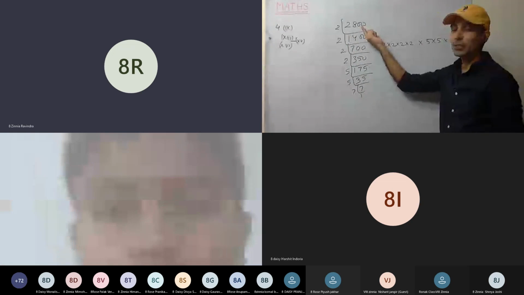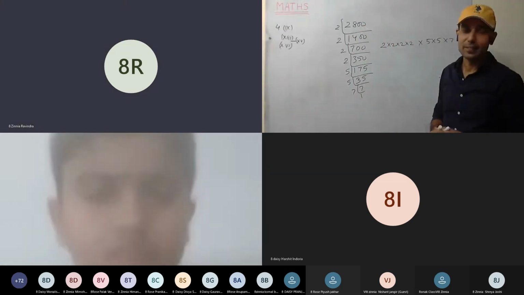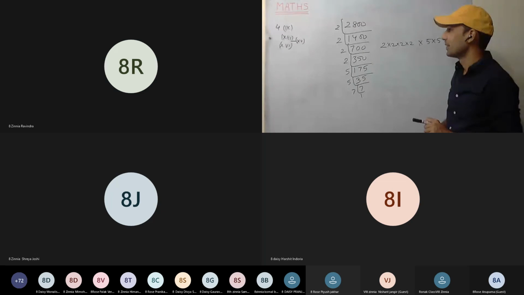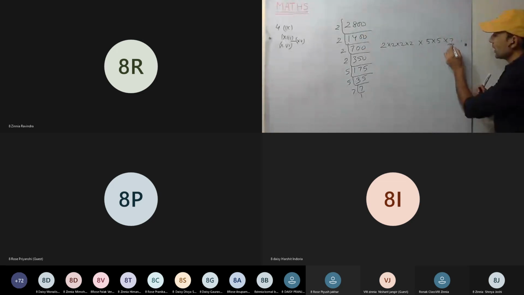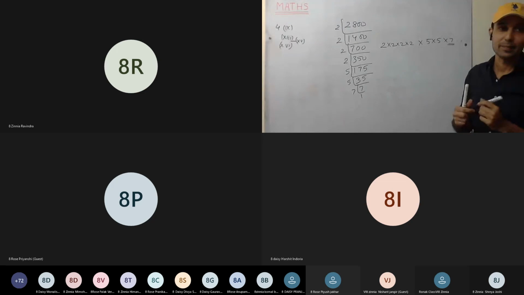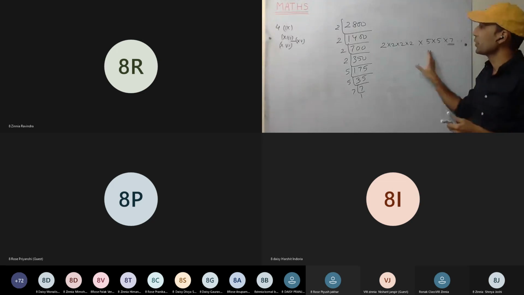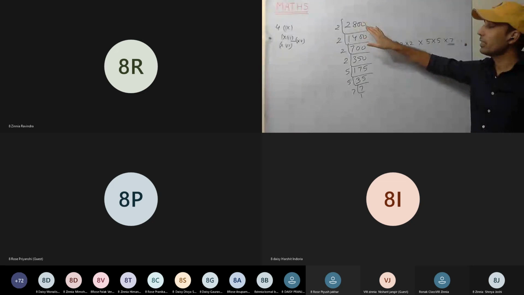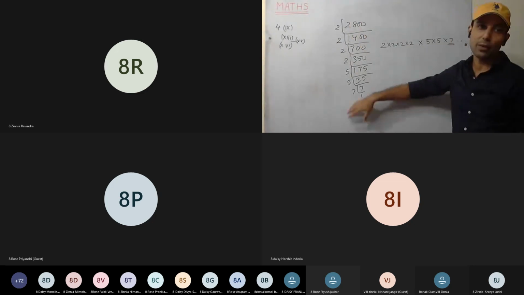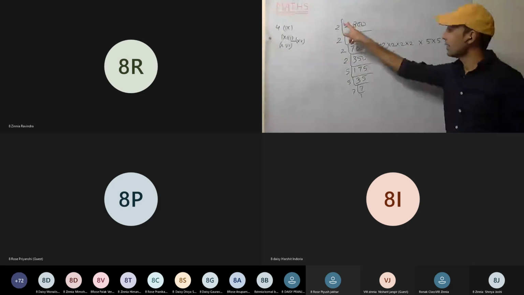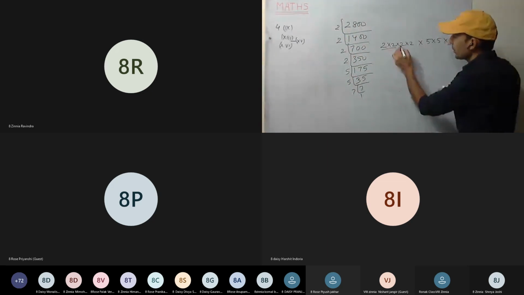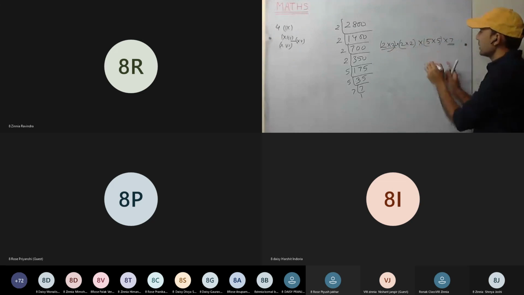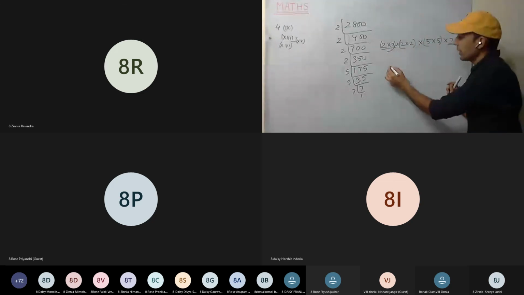So how did you realize that it has to be divided by 7? How did you come to know that it has to be divided by 7? See here, in examination, even if you know that it has to be divided by 7, you have to solve. You have to show the examiner that this is the way. These are the factors. These are in pairs, but 7 is single. So it will be divided by 7.